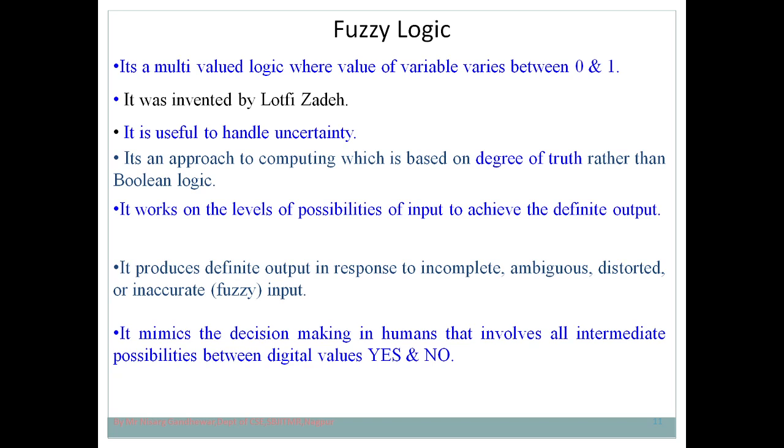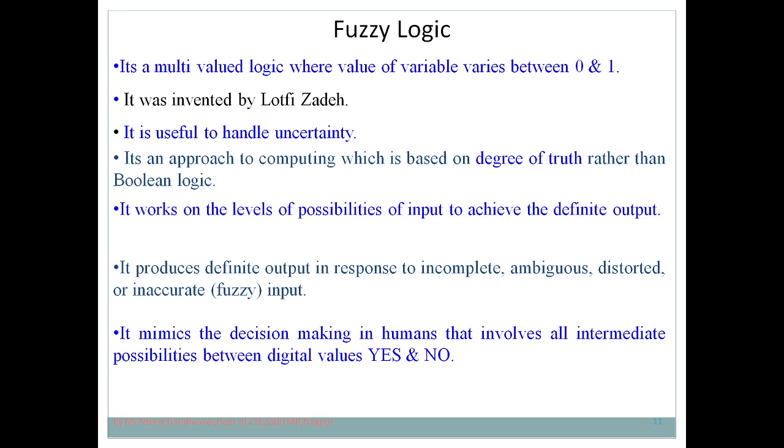But now I have changed my question. I ask you, what is the speed of the car? Can I give an exact answer to that question? No, because suppose the car is running on the road and you are just standing beside the road, observing the car, and somebody asks you what the speed of the car is. In that case you can't give an exact answer. You can say the speed of the car is slow, medium, or fast. So in this case you have three ranges: slow, medium and fast.